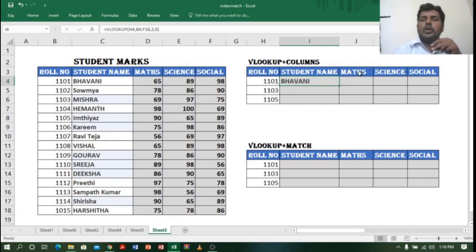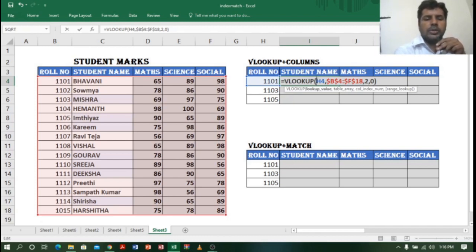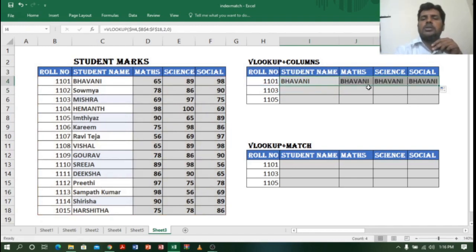Same way, now if I want to get maths, science, social marks, what I will do, I will just drag this and see. So before dragging, let me fix the table so it will not change. So I will use absolute reference function F4, right, and a dollar symbol before H also, so my lookup value will not change. Enter. Right. So let me drag this. So when I drag, what happens? See, again I am getting the same answer, student name in place of maths, science, social. Why am I getting the student name? Because my column index is not changing. So once my column index changes, automatically I will have the correct answer.